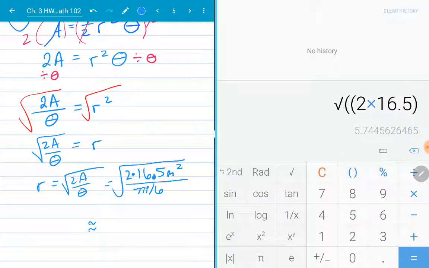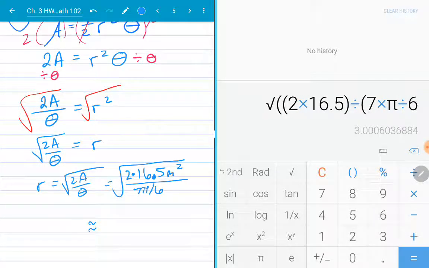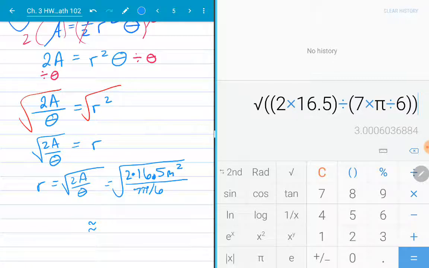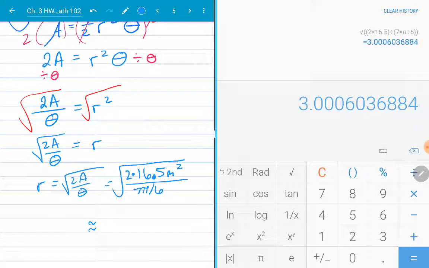And in the denominator I have 7 pi divided by 6. Close that. So I have the radical of the numerator divided by the denominator all inside the radical. Close that second parenthesis to say all of that's inside the radical. And I get